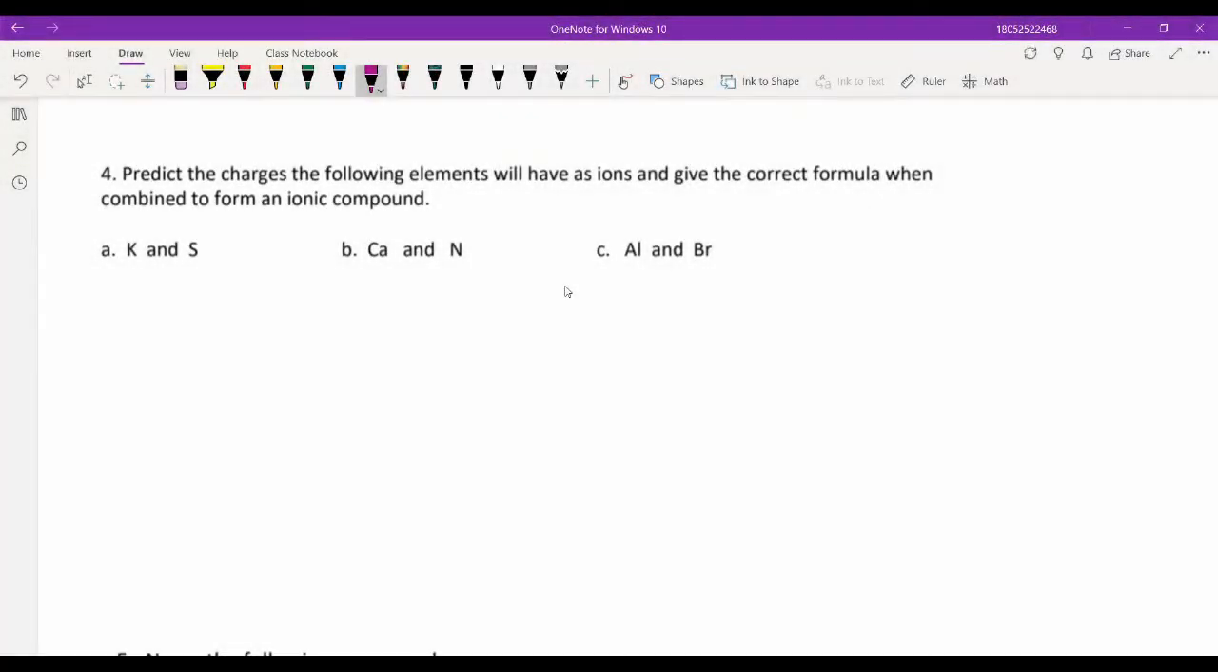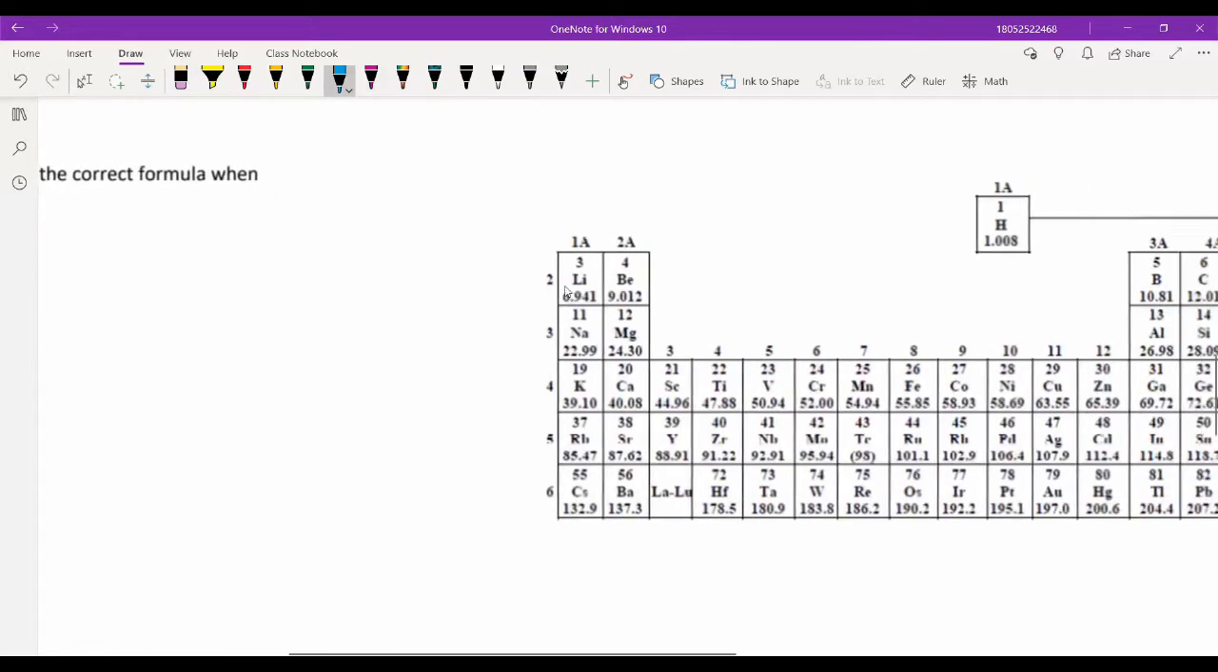Okay, so for ions, we will be making an ionic compound from, in this case, a metal and a non-metal. We'll talk about this more with the naming, but in these cases, we are taking one metallic element and one non-metallic element. And if we look at the periodic table,